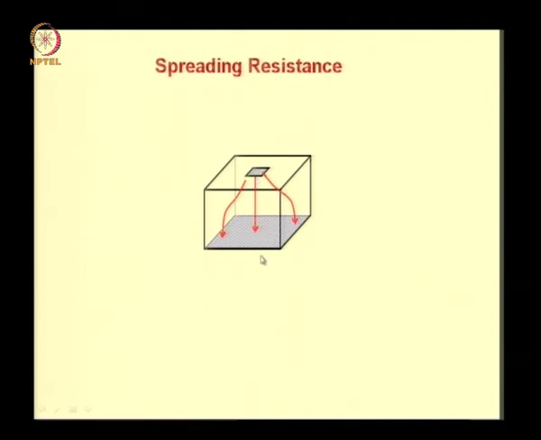The specific type of arrangement that we are going to discuss will involve two square contacts. The smaller square contact is placed over the center of the larger square contact at the bottom. In this case, the current flow from the smaller contact to the larger contact is three-dimensional, as shown by these